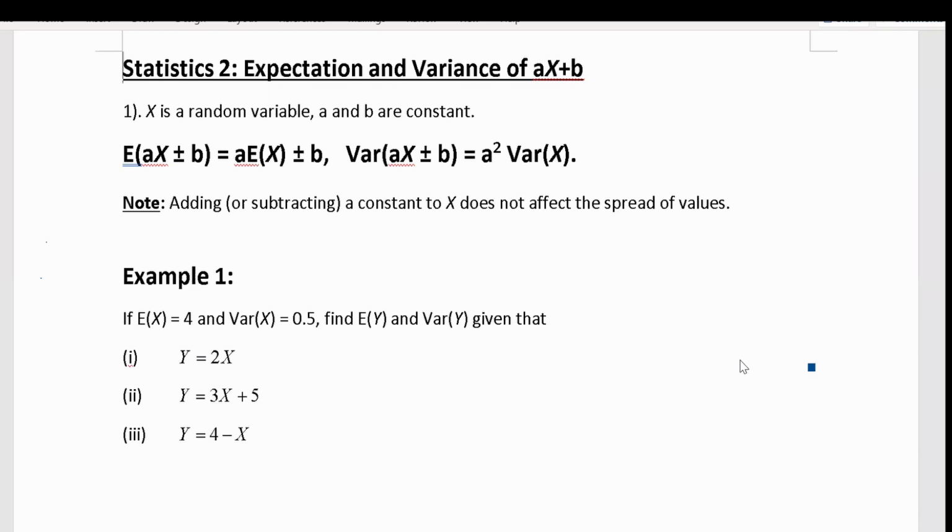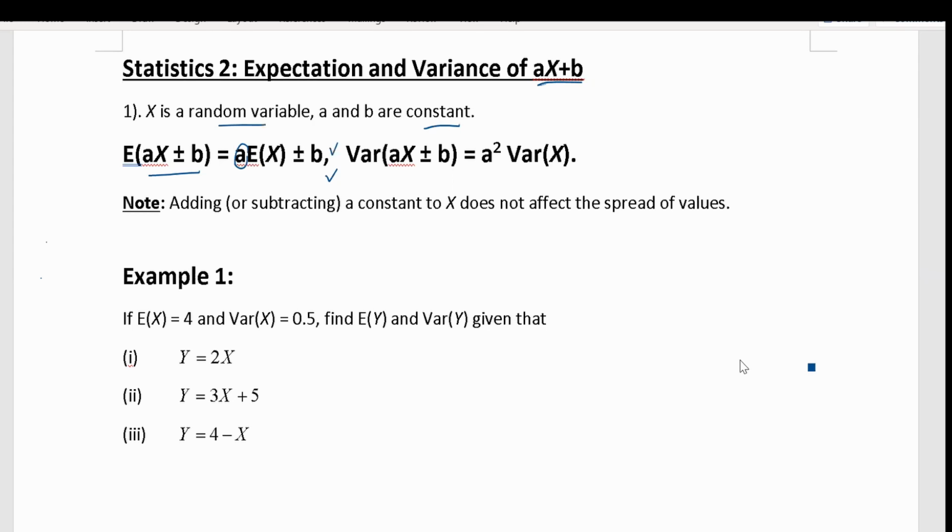Hi, today's lesson we will look at statistics 2, expectation and variance of aX plus b. So X is a random variable and a and b are constants. What we need to find is E of aX plus or minus b, which is the mean. According to this simple formula here, the a can be just taken out and plus or minus b written at